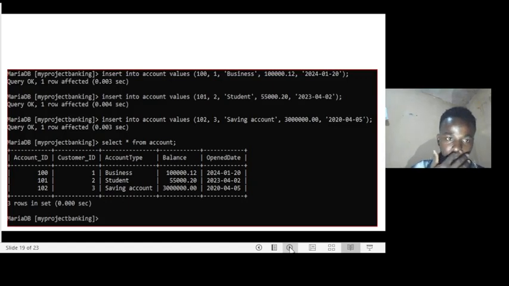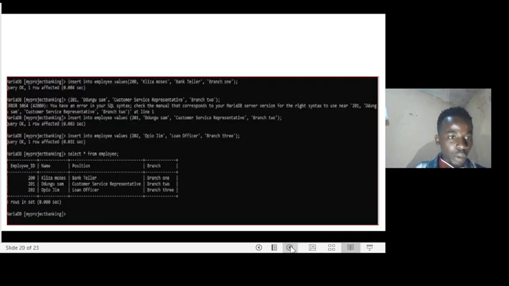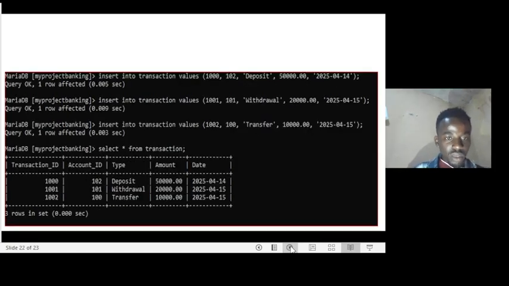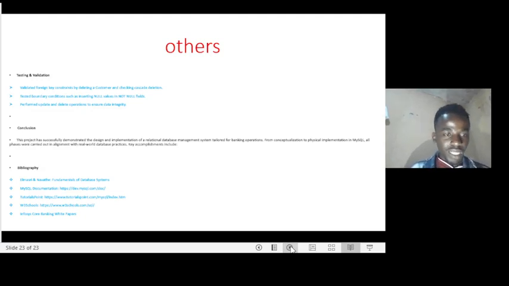So that's it. After putting in the insertion commands, like feeding the tables, this was my first output, for the account. That is what came out. Then about the employee, that was my output of the employee. And about the customer, that was my customer with the name, address, phone, email, employee ID, and so on. Then about the transaction, that was the output of what I put in my tables: account ID, type, month, date, and so on. So I have these others, which includes